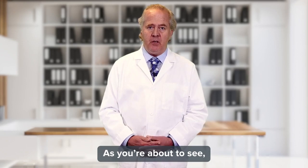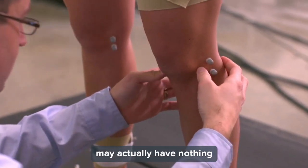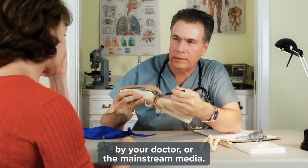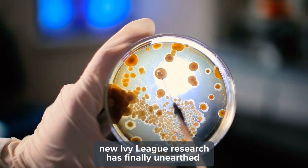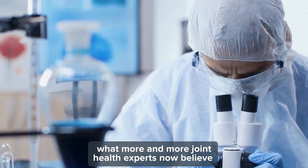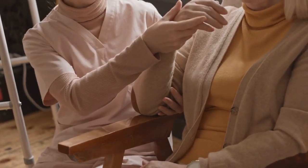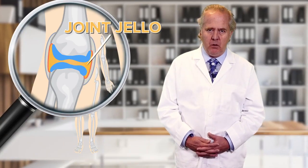As you're about to see, any joint pain you're experiencing may actually have nothing to do with wear and tear, despite what you've been told for years by your doctor or the mainstream media. Instead, new Ivy League research has finally unearthed what more and more joint health experts now believe to be the real root cause of age-related joint pain: the loss of what scientists have dubbed your protective joint jello, which has